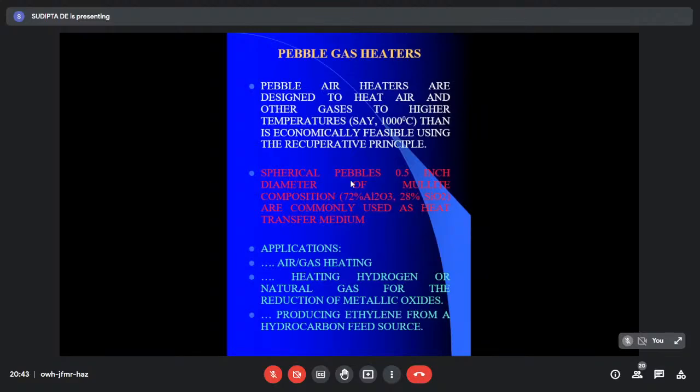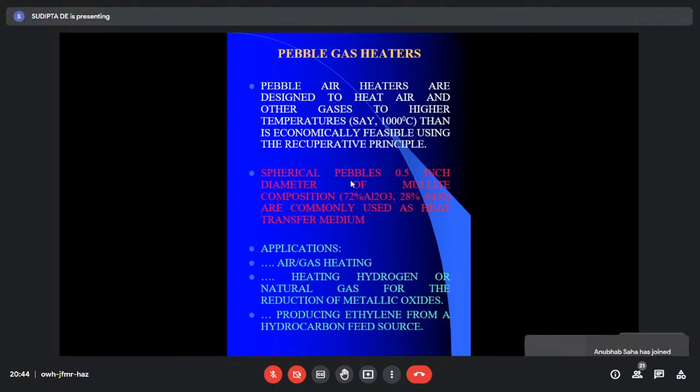So the pebble air heaters are designed to heat air and other gases to higher temperatures, say even up to 1000 degrees Celsius. The pebble heater is quite good for heating to that temperature even. Then it is economically feasible using the recuperative principle. Means for a waste gas, say at a temperature of 1500 degrees Celsius, if you want to use that up to a temperature of